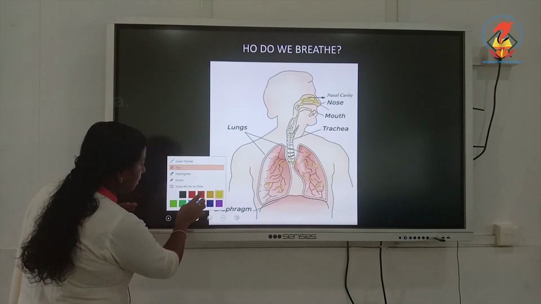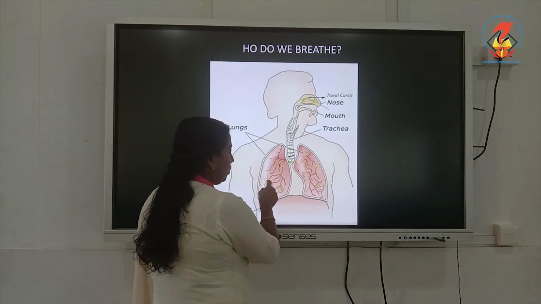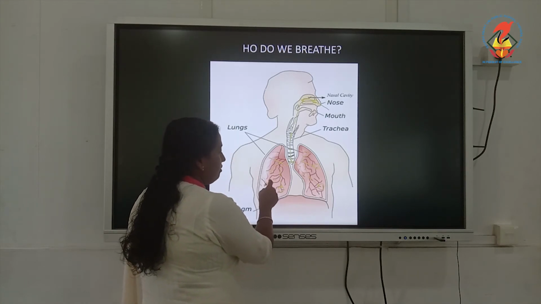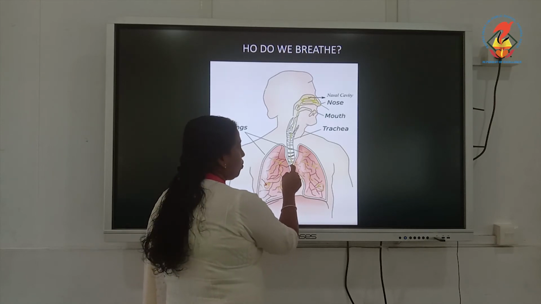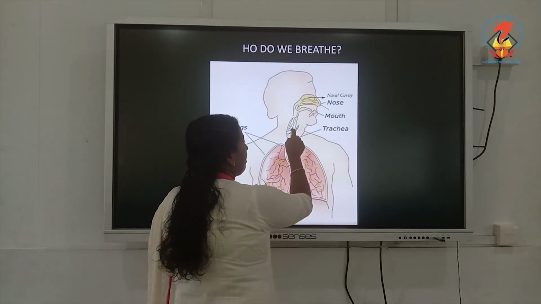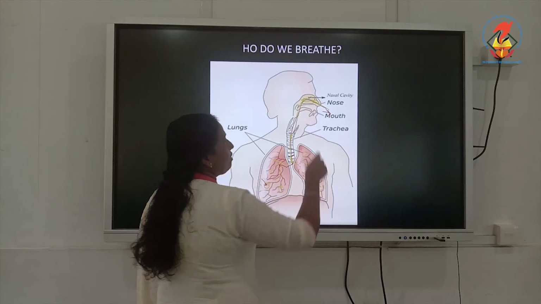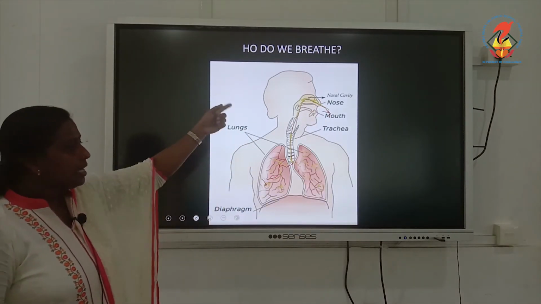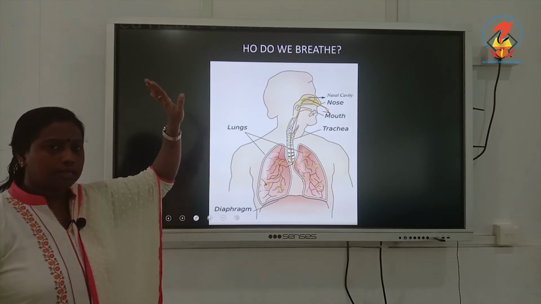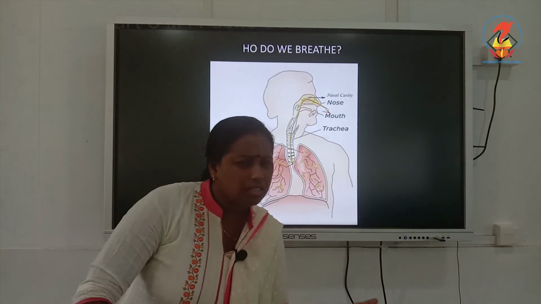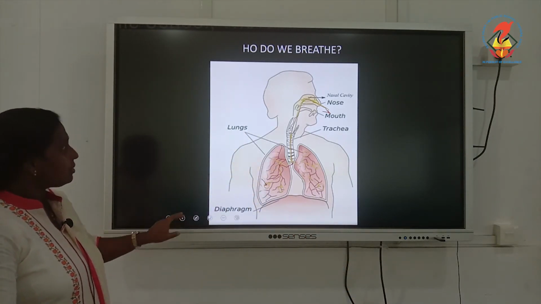Carbon dioxide circulation, I will show it with red color. The carbon dioxide will be entering into the alveoli. From the alveoli, it will go to the bronchioles. From the bronchioles, it will reach the bronchi. From the bronchi, it will travel back through the trachea, and finally it will be expelled out of our body through the nose. So, the green color indicates oxygen, red color indicates carbon dioxide. So, hope it is clear. It is very easy. Okay. So, the respiratory system is over.